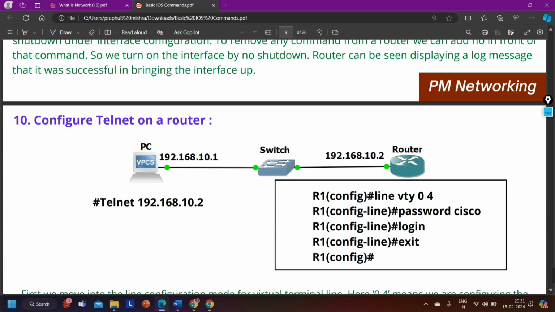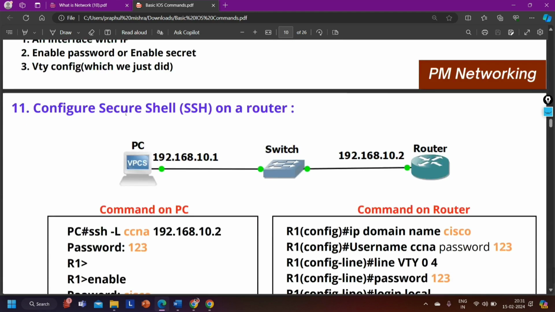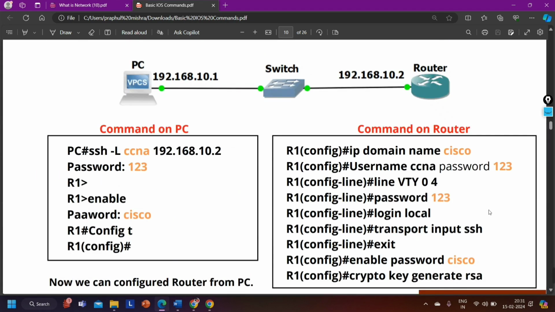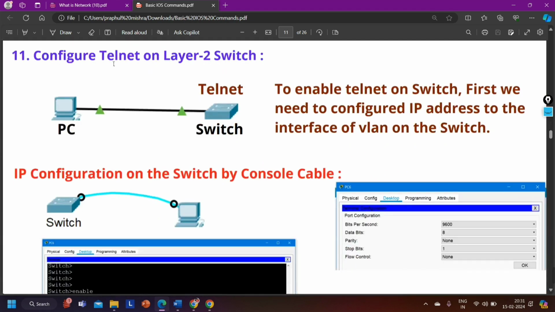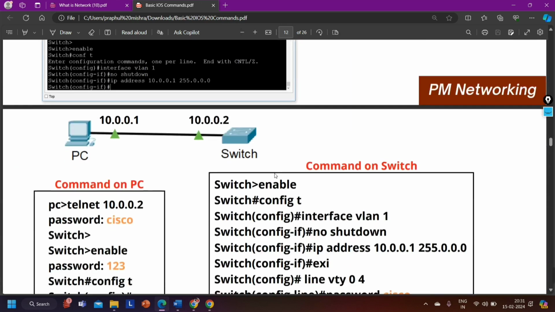But this is just a command to configure it, because as I told you, if you have just purchased a new router from the market, you have to do some initial configuration, like you have to enable SSH or telnet protocol there. You have to configure the hostname. You have to protect your router. That means you have to configure the password on all line interfaces, right? Then SSH configuration. These are just commands. Then telnet configuration on layer 2 switch,